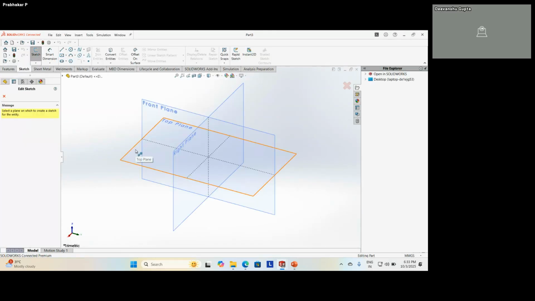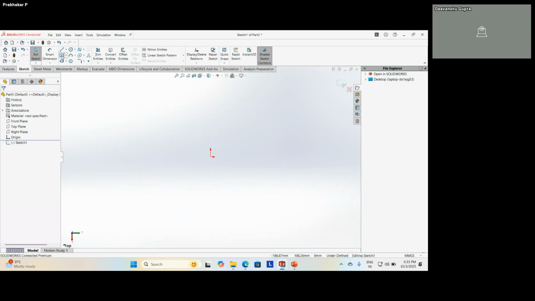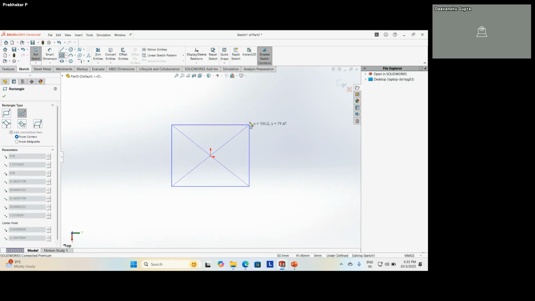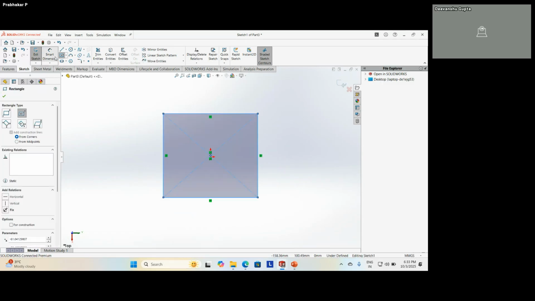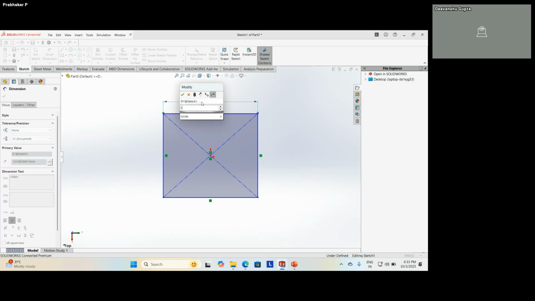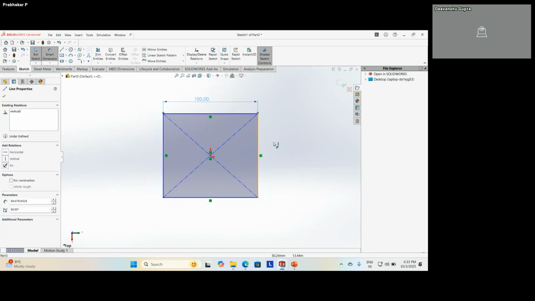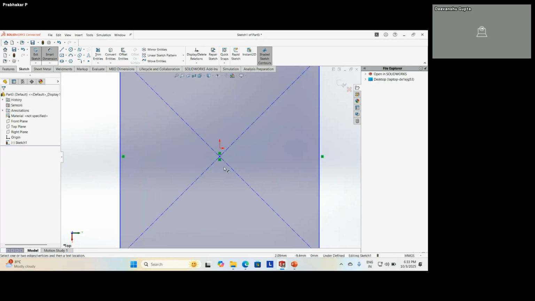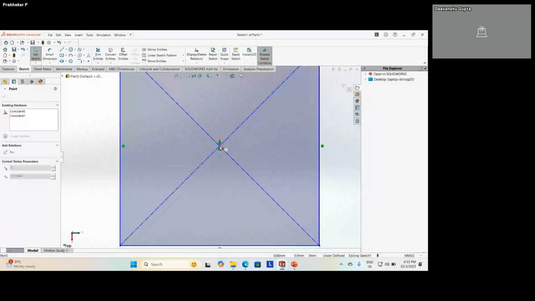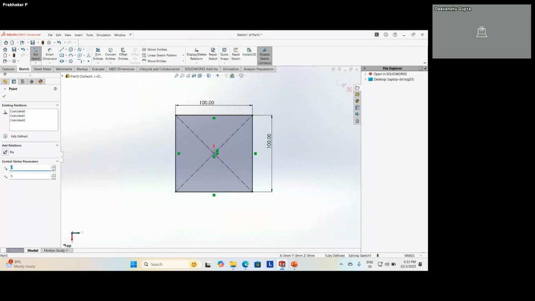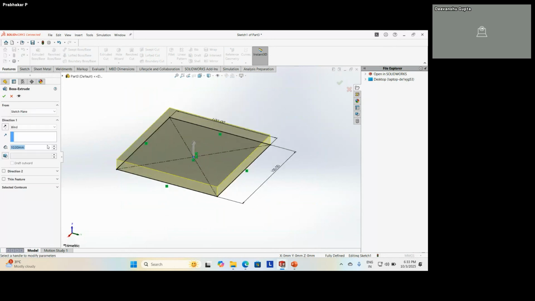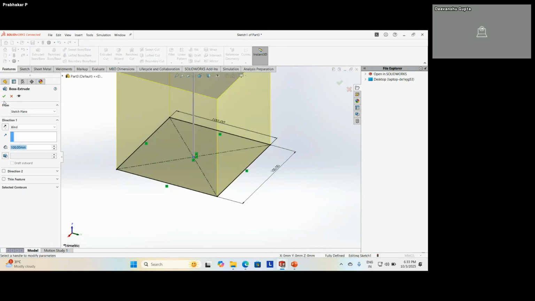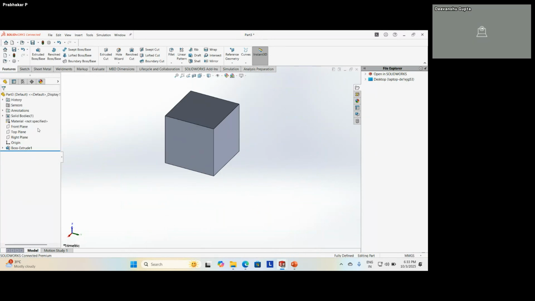How you build the part or the assembly, that matters. Suppose I take a cube, and we will assume a cube of 100 mm by 100 mm by 100 mm, so all three dimensions are 100 mm. The reference is not properly linked, so it's showing like this. I'll link the reference. Now I will also apply the material, plain carbon steel, quickly for quick understanding.